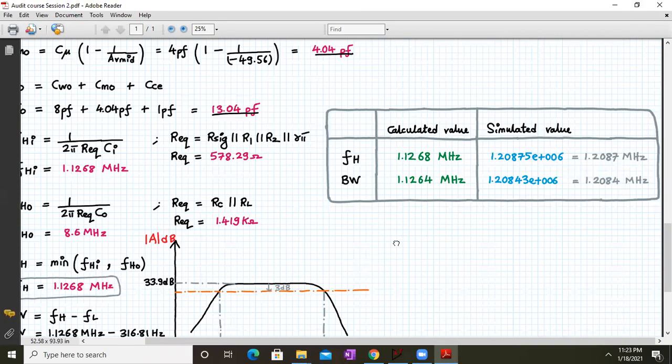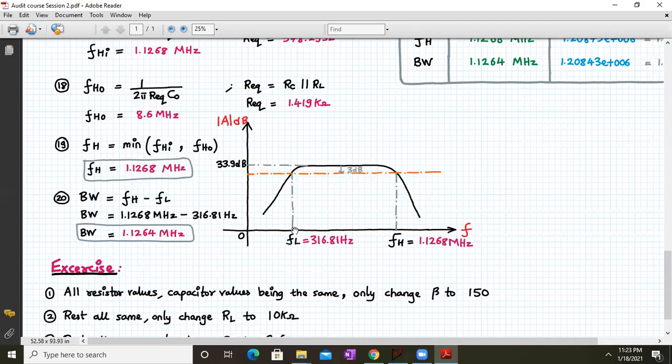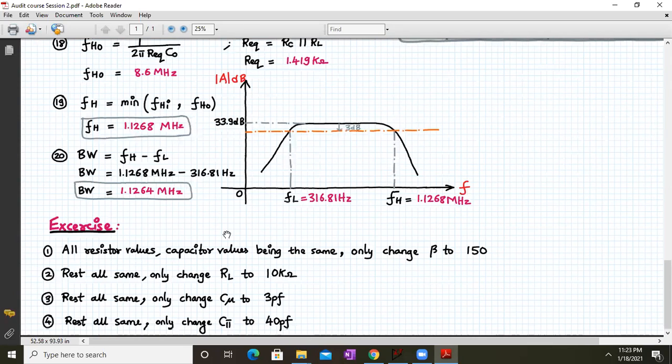After completing this, make the table. This is just an exercise given for reference. For the exercise, with all the resistors and capacitor values the same, only change beta to 150. We have solved this assuming beta is 100, but you solve it using beta equal to 150, as a continuation of the previous section. The rest all the same, only change RL to 10K.